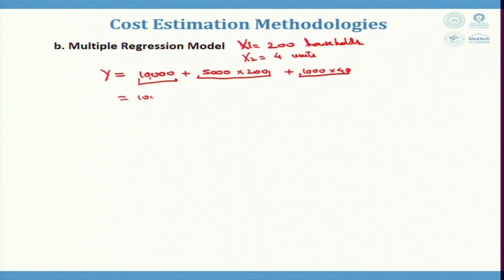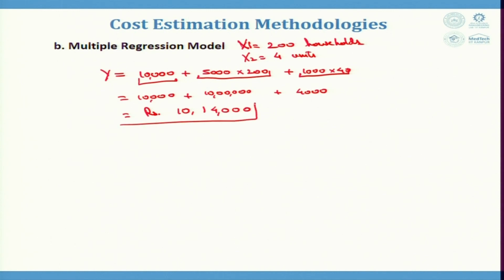This is equal to 10,000 plus, cost is going quite high, 5 2 is 10, 1 2 3 4 5, plus 4,000. It is equal to rupees 10 lakh 14,000, which is quite high,